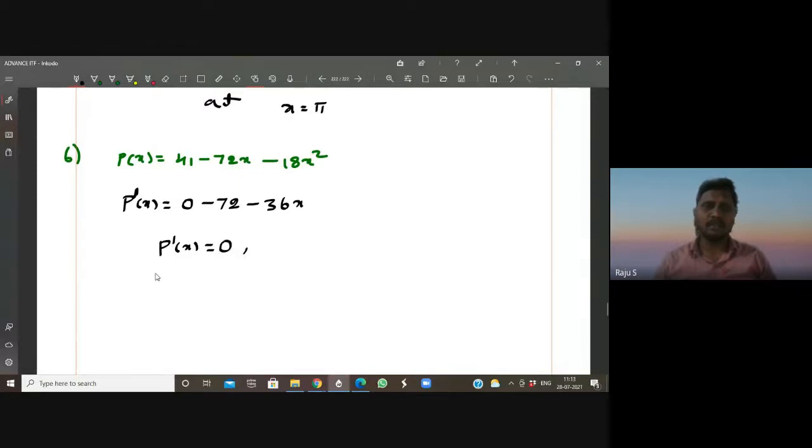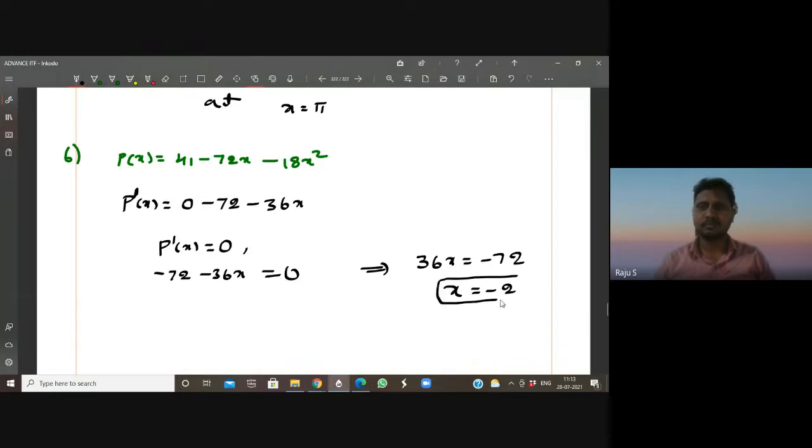That is nothing but minus 72 minus 36x equal to 0, which implies 36x is equal to minus 72. What is the x value, students? Yes, is it right? So x is equal to minus 2 is the critical point